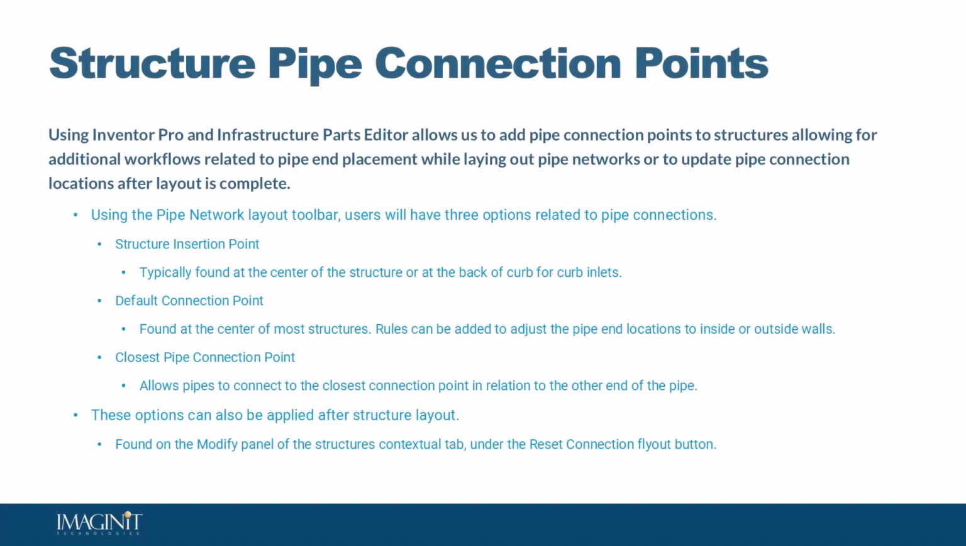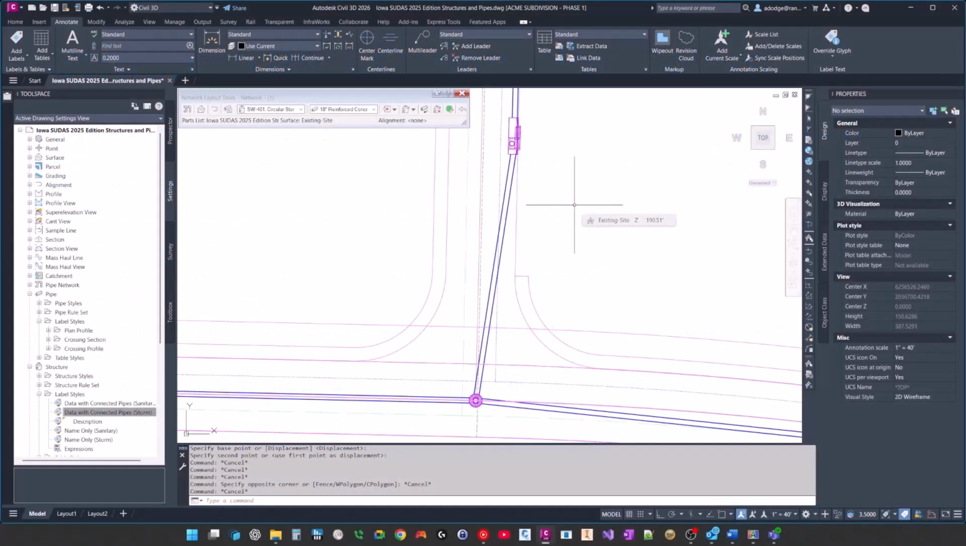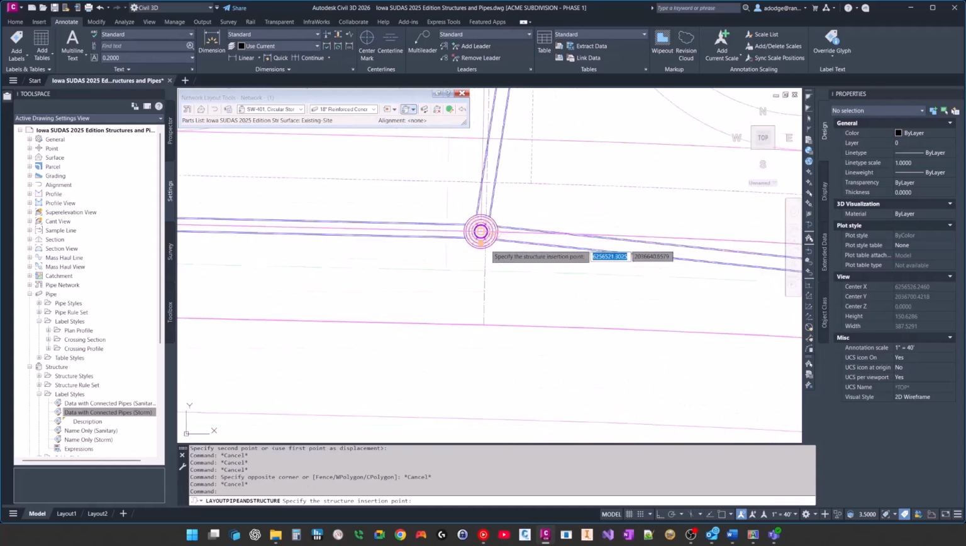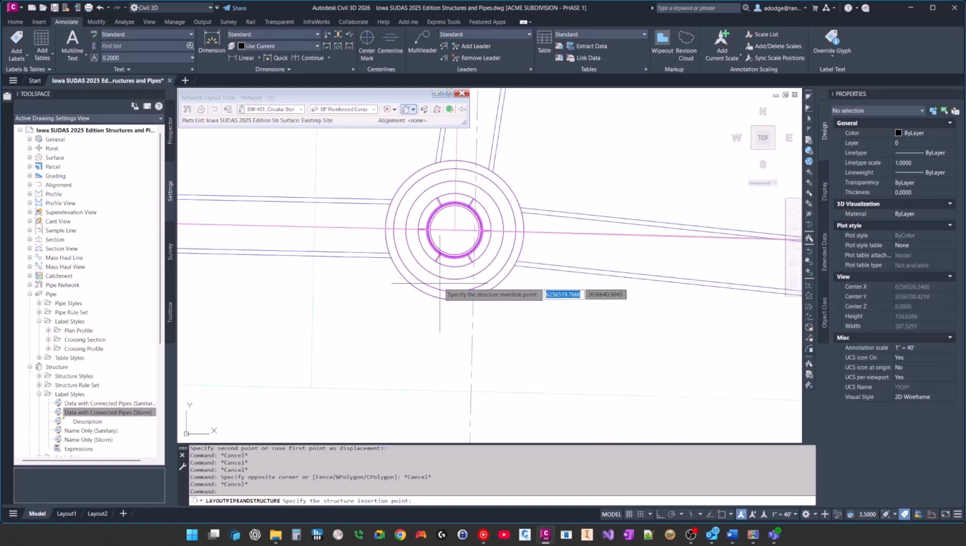So the new Iowa SUDAS 2025 edition structures and pipes catalog provided by IMAGINiT Technologies. These are actually created in Inventor, published to Infrastructure Parts Editor, and then published to Civil 3D. And because of that, they actually have pipe connection points. So for example, whenever I start the pipe layout tool, you'll notice that there are connection points all around here